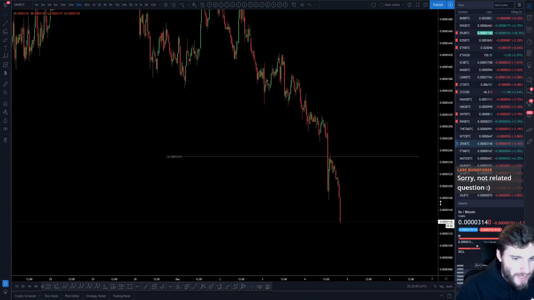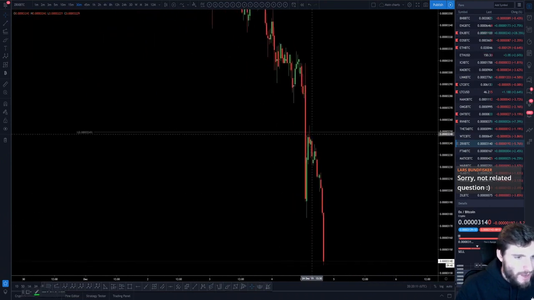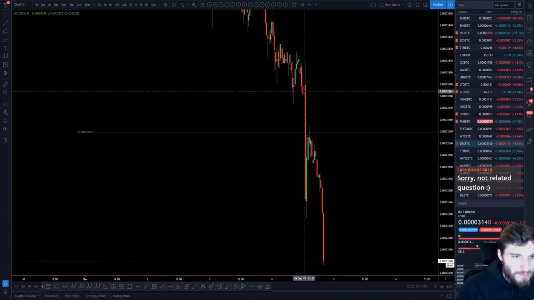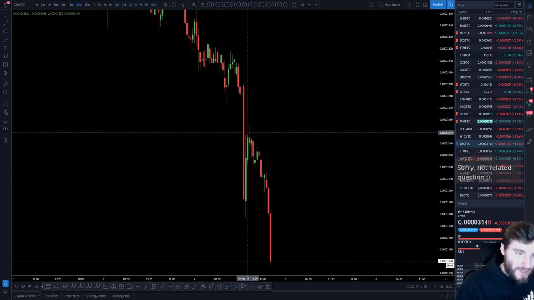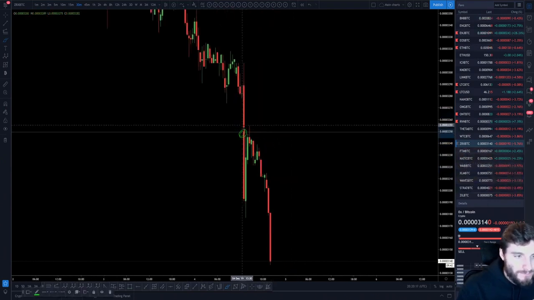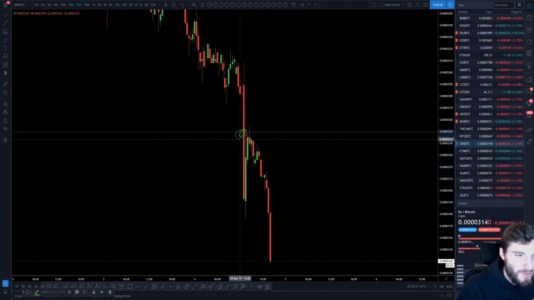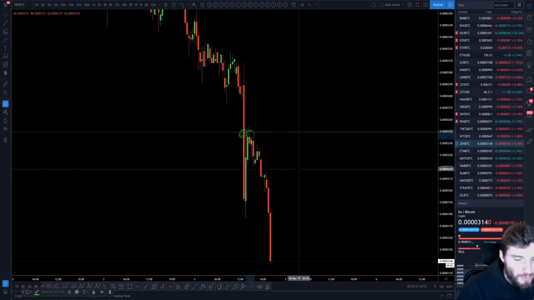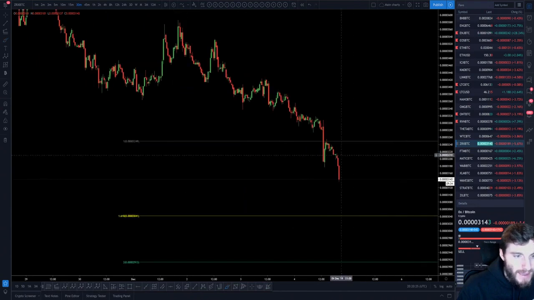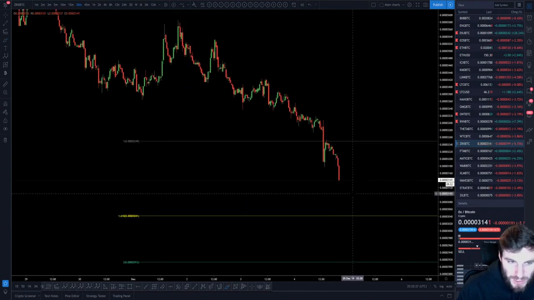Funnily enough, here on the 1-to-1, you have done an SR flip of it where you actually shot straight through. So this, in my opinion, would be people that have bought here suddenly underwater straight away, but you got a quick bounce up. Everybody that bought at the 1-to-1 has then sold at the 1-to-1 break even, and that increases the sell pressure. You end up moving down.